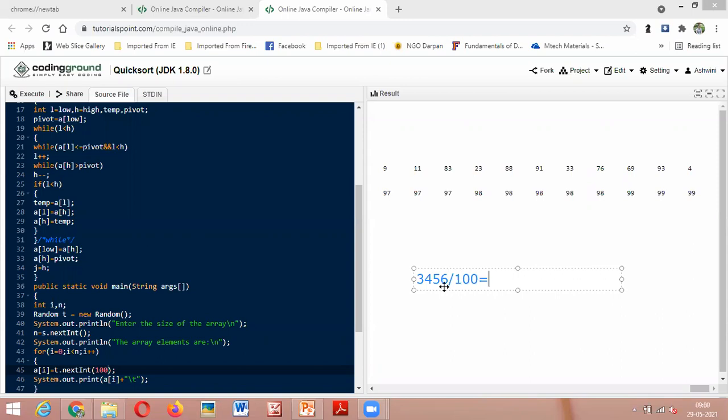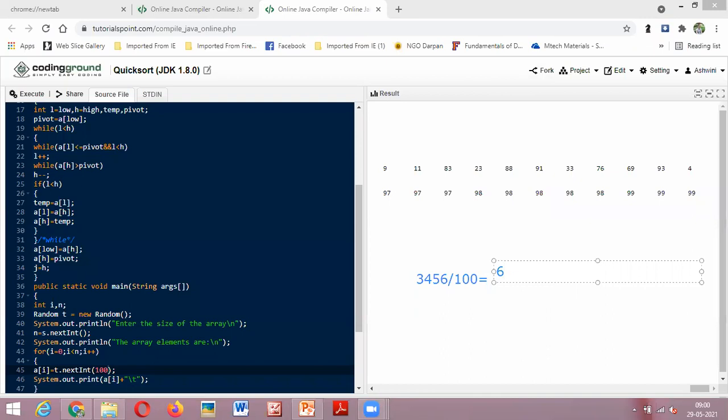When we divide 3456 by 100, we are left with the remainder 56. That will be assigned to the array element A of I.